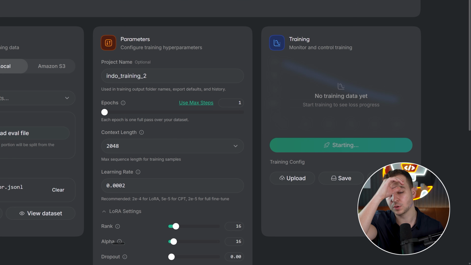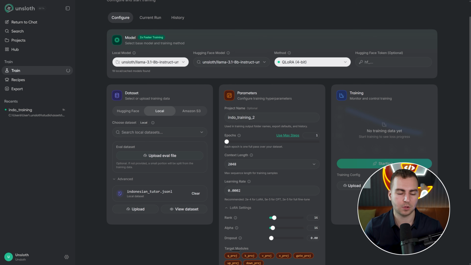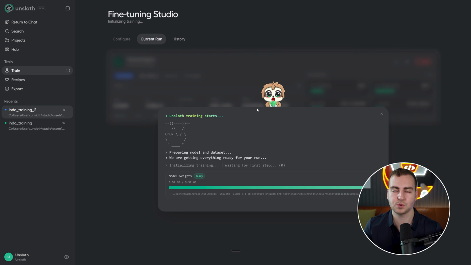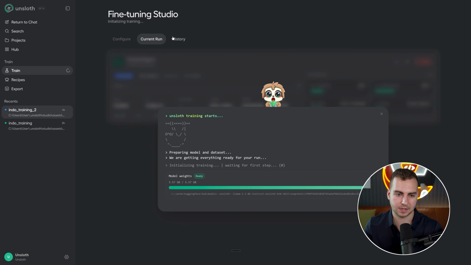and it will start fine tuning and training the model for you. Now, depending on the number of rows that you have in your data set, the size of the base model, and the number of steps or epoch settings that you have here, that's going to determine how long this will take to run for you. So we're going to let this run. It's taking a second here, and you can see that it's loaded the model weights and it's about to spin everything up. And if we want to see the history, we can go here and we can see the progress